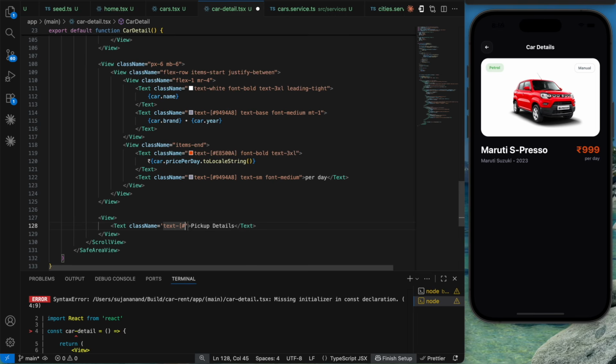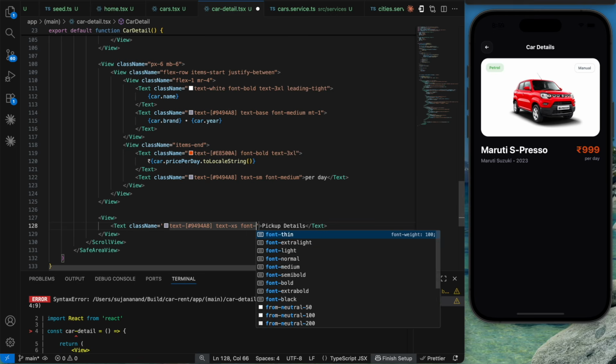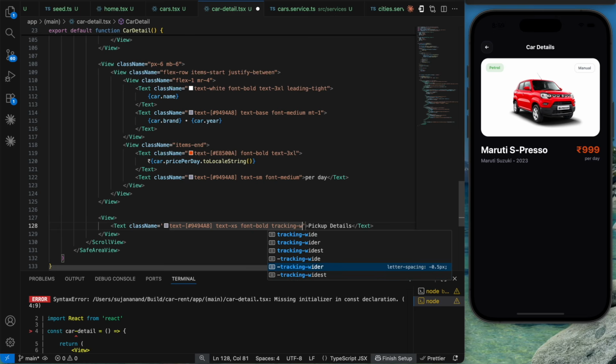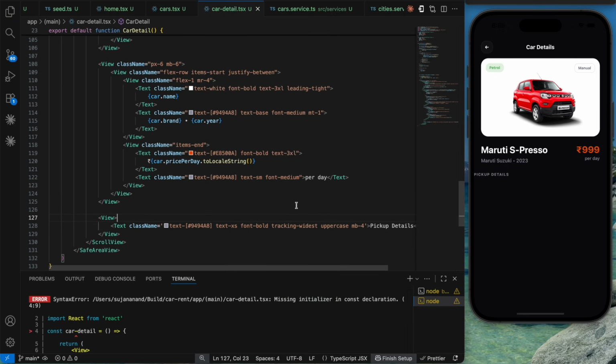Text is going to be of this color code 9494A8. Okay, next, text of XS, font of bold, tracking widest, uppercase, MB of 4. That's working properly fine. For the view, className, MX of 6, BG is going to be 1313 and then